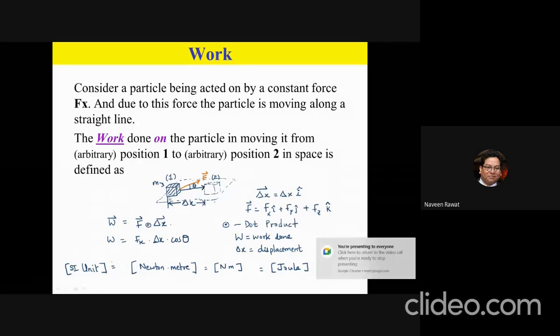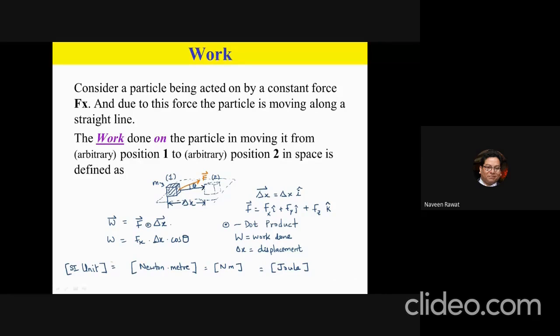Okay, the situation is that we have an object of mass m. It's sitting on this planar surface, and we are applying a force in a certain direction, and this object is going to move along a straight line. Okay, so the object is going to move from position 1 to position 2, and by definition we say that the work done on this object or particle is defined as the dot product of your